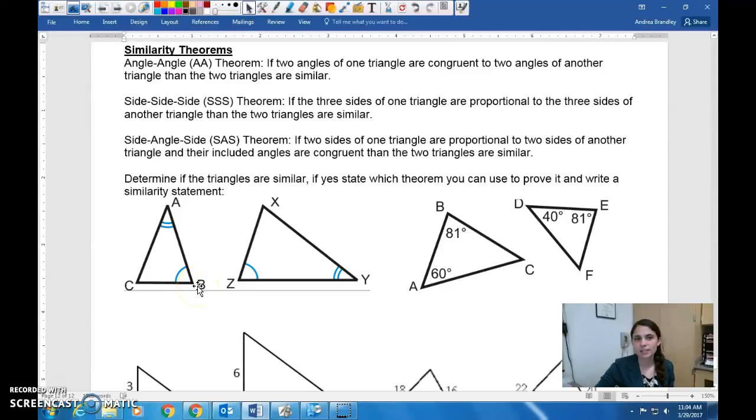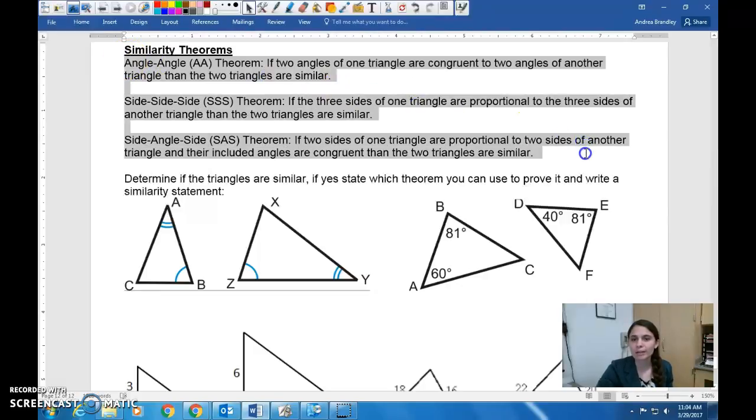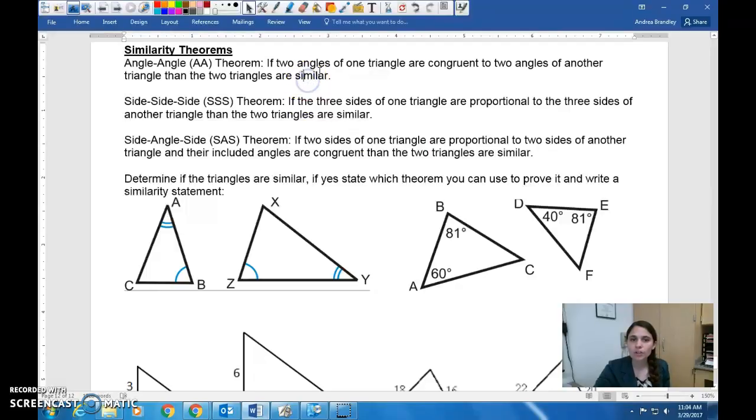This video discusses triangle similarity, and these three definitions we have at the top are like the three main similarity theorems or similarity tests that we use to decide if two triangles are similar. So the first one is if two angles of one triangle are congruent, and congruent is another term for the same as. So if two angles of one triangle are the same as two angles of another triangle, then those